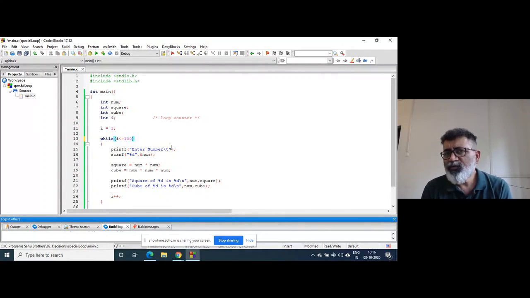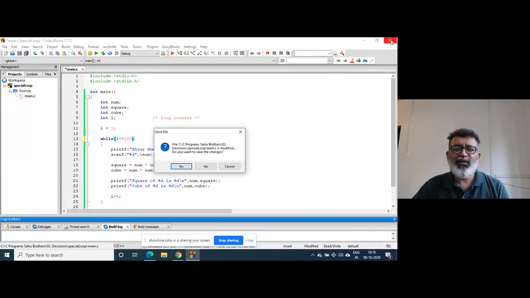Can we write a loop in such a fashion that control remains in the user's hands? The user will have control to execute that loop, and the program will ask, do you want to continue? Likewise, when you close an application, it asks you yes, no, cancel. Without this, you cannot go ahead.